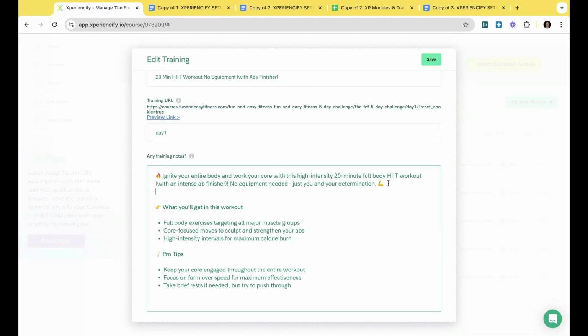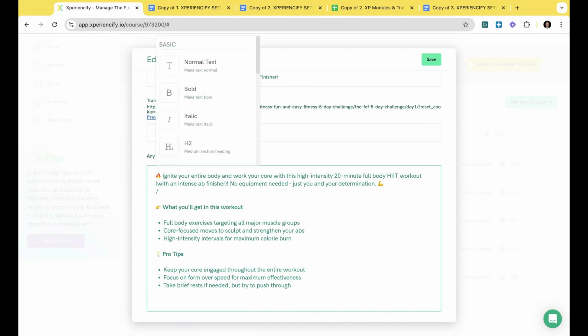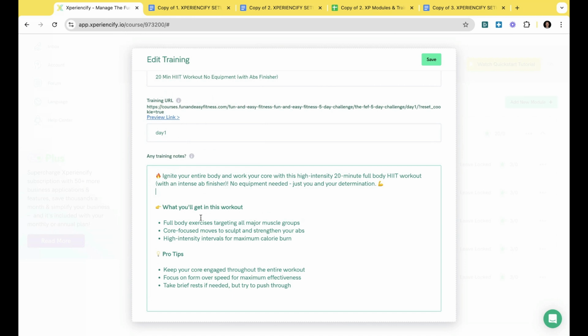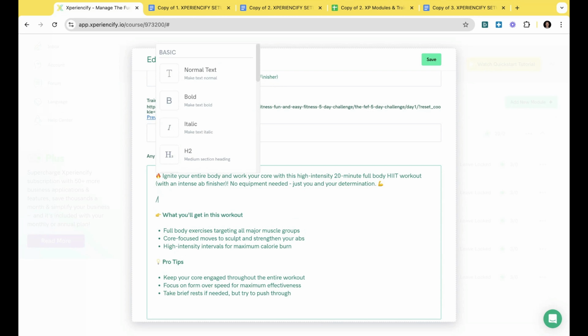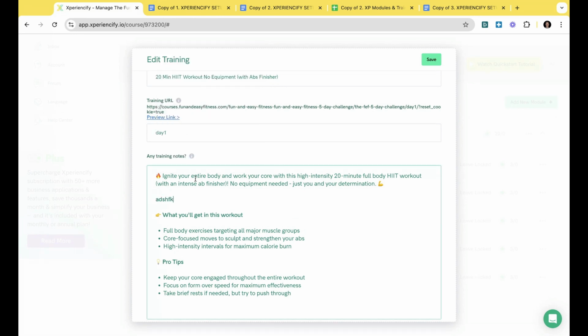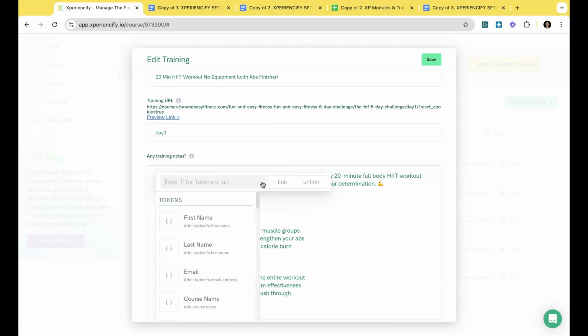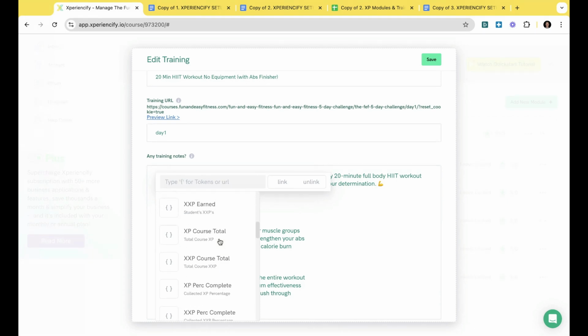One of the great things that I did not touch on in the basic info, but you'll see here, is we have an editor in this. It's called a markup editor. So if you type the slash anywhere in a large text box like this, you're able to format the text with these different pieces. If I wanted some bold text, I could click on that, and when I type, it's going to be bold. Or if I highlight it and then I want to give a link, I can put it there, and then I can choose what link it is.